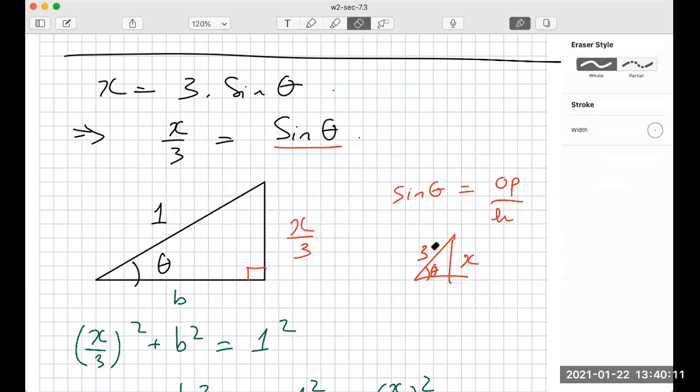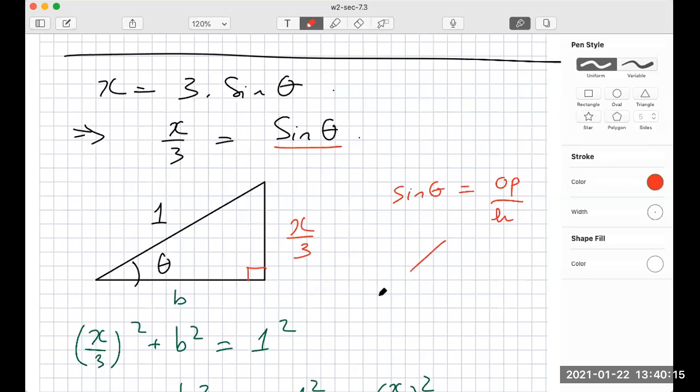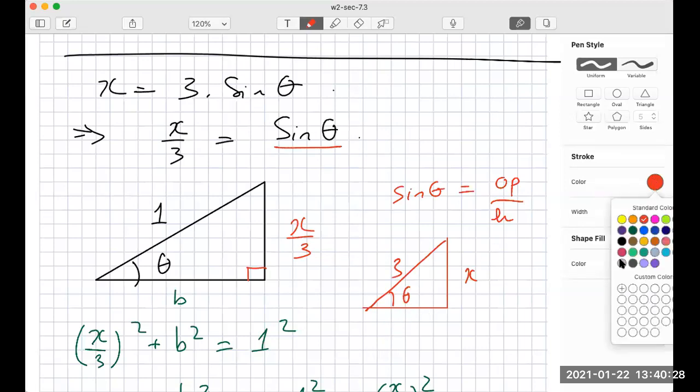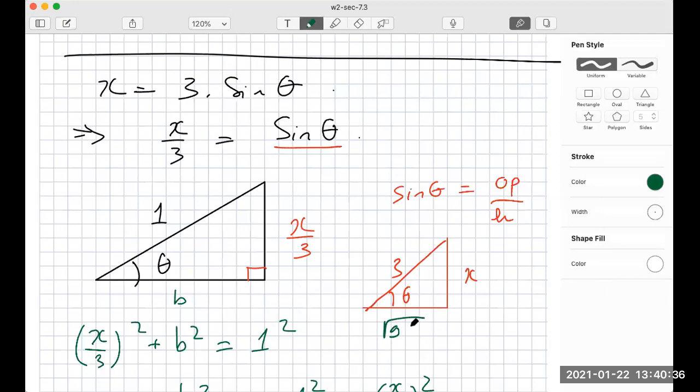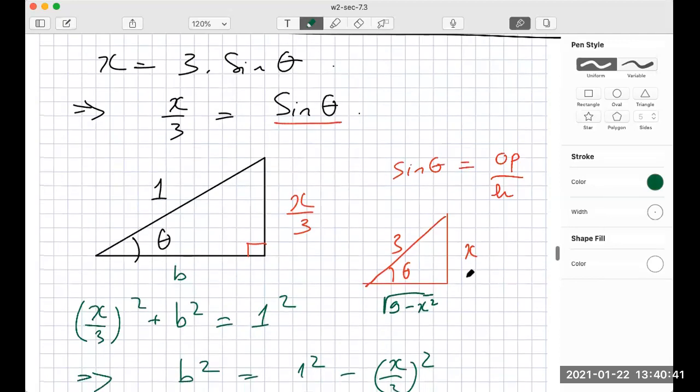If you do it like this, theta, this is x, this is 3, then this is fine. And what is the length of this edge here? This side is the square root of 9 minus x squared, right? Then cotangent will be